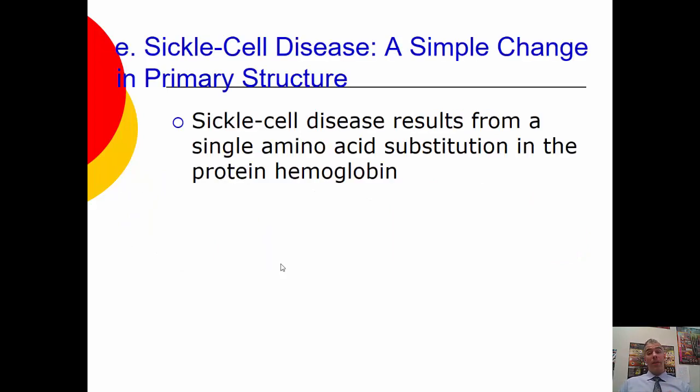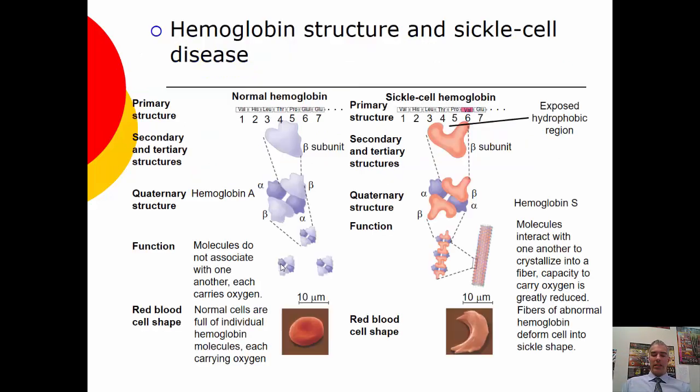A great example of how a simple change in primary structure can result in a change in secondary, tertiary, and quaternary structure would be sickle cell anemia. Sickle cell disease actually results from a single amino acid substitution. So we change one amino acid in the gene of an individual, or I should say nucleic acid, which eventually changes it into an amino acid, which we'll get into later in the year. And as a result, having one different amino acid changes the whole shape of the protein, causes it to no longer function the way it's supposed to, and as a result, causes a disease in people.